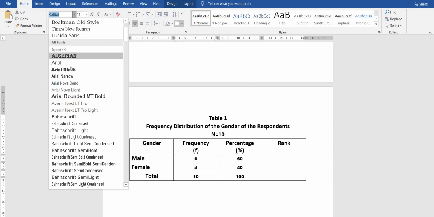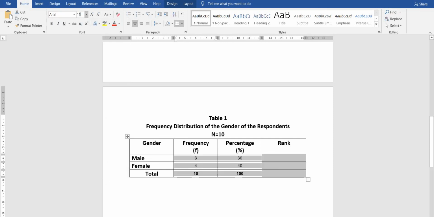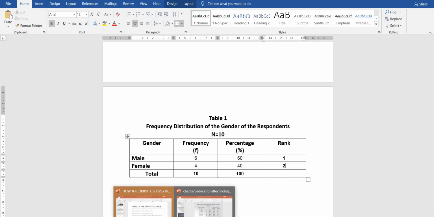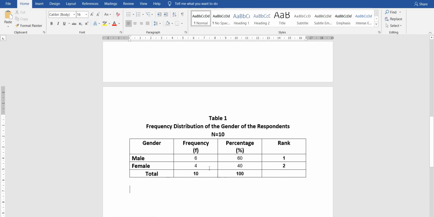Tapos, babaguhin ko lang yung kanyang font to Arial 12. So, depende yung font sa format ng school nyo, guys. Alin dyan ang pinakamarami? Male or female? So, obviously, it's male. So, rank 1. Female is the second to the rank. Okay, ganyan lang siya. So, that's it, guys. Ganyan lang gagawin ninyo when it comes to